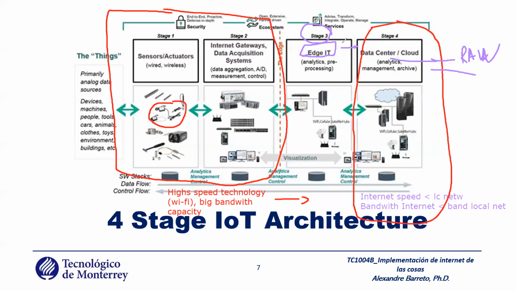You have a lot of the functions that you have in the cloud, but not as powerful, because in the cloud you have a lot of resources. Here, no. You have a device that is very close to your sensors, and this device provides analytics like in the cloud, provides pre-processing, and provides other